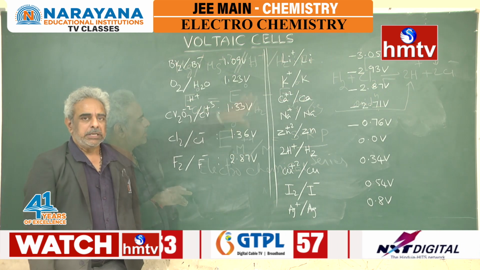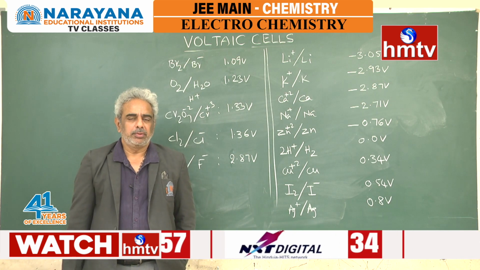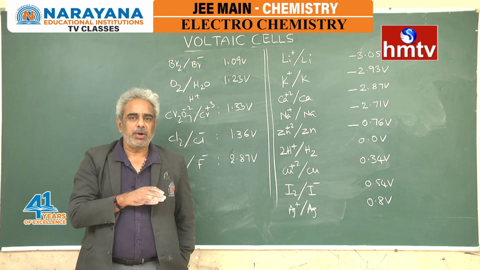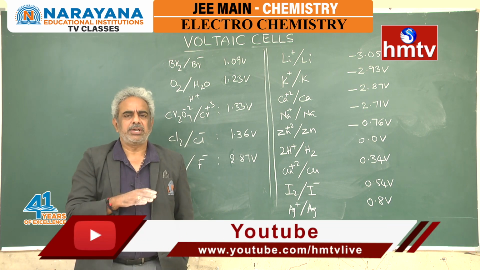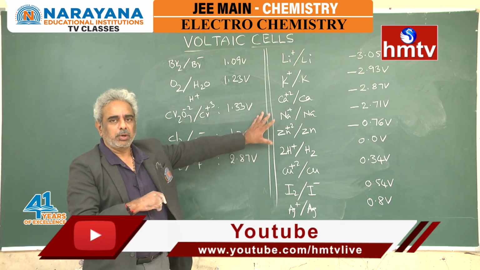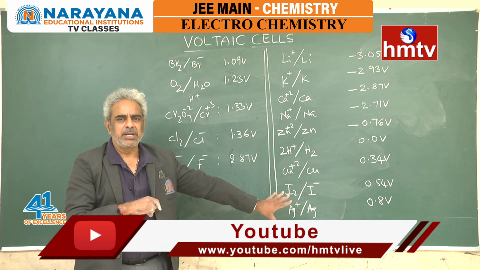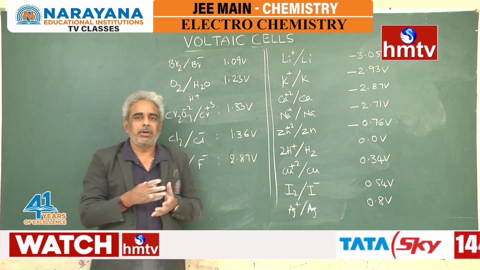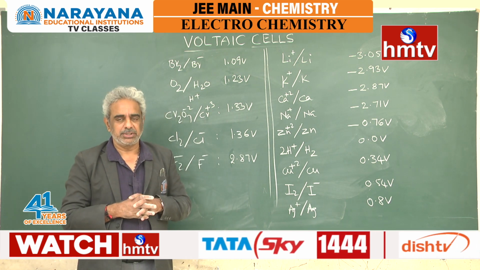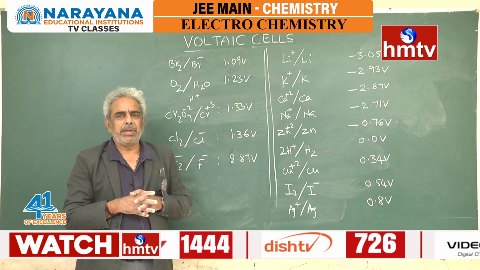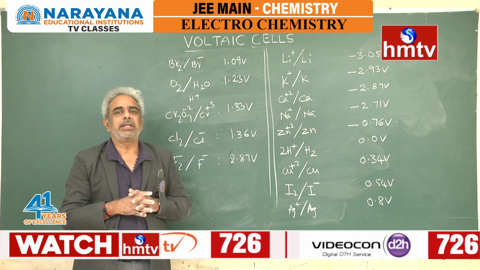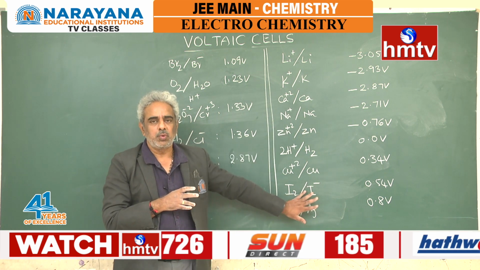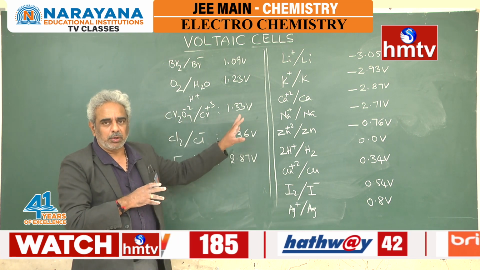That we will see. As I told you, the potentials of different electrodes can be kept in a tabular form in either ascending or descending order. We get the electrochemical series, and this particular series is only a part of the total electrochemical series, because there is no limit for half redox reactions. You can have any big number of half cell reactions and their potentials. For understanding's sake, I am just giving you only a part of the electrochemical series.